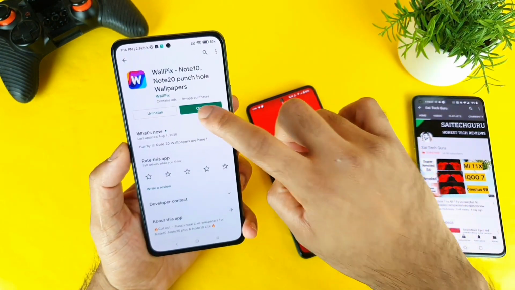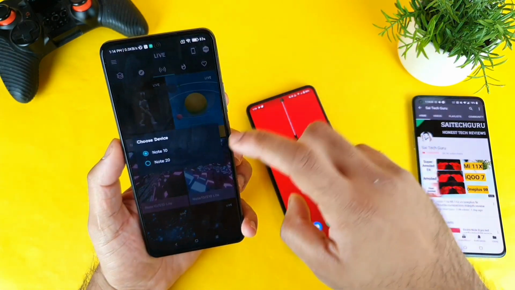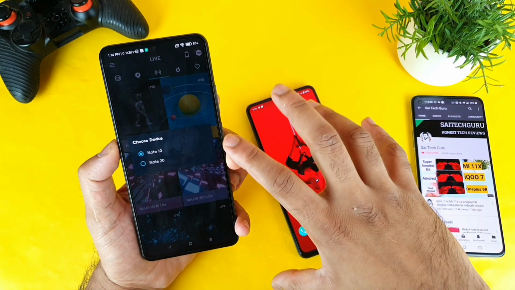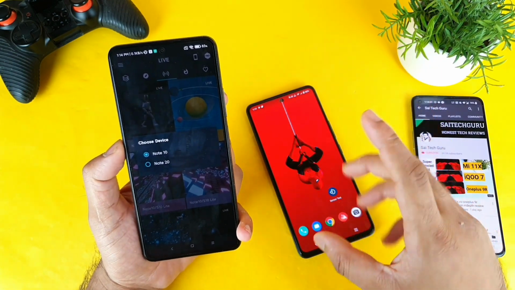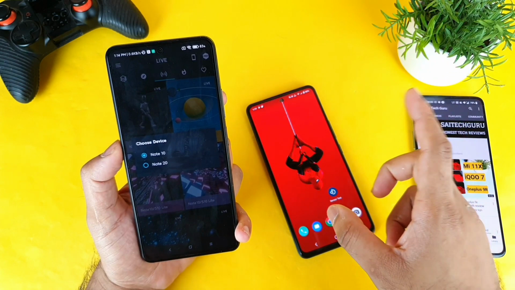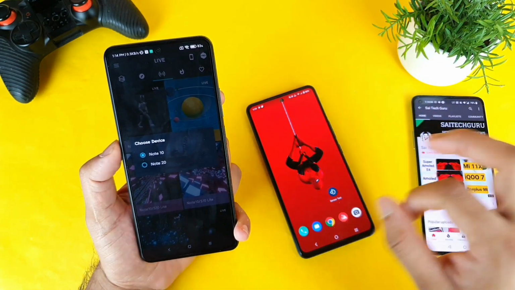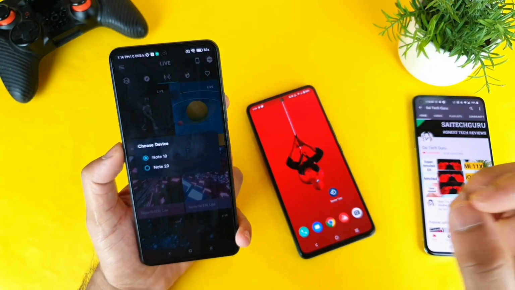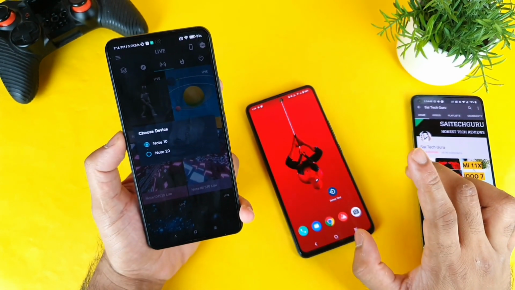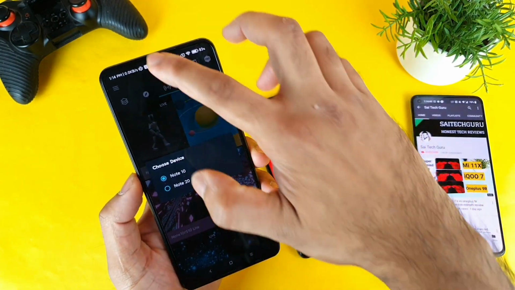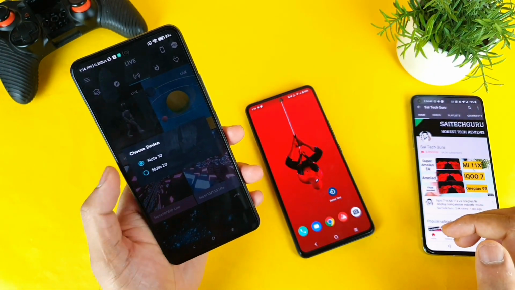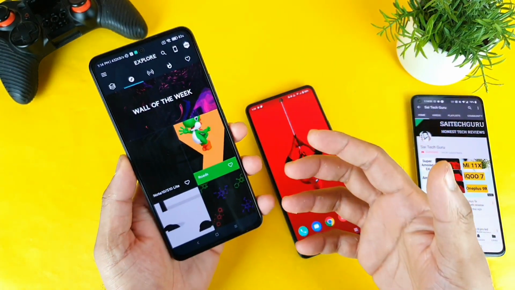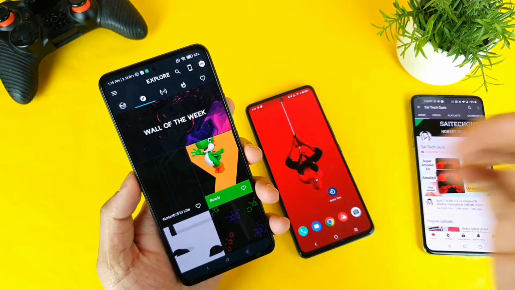Once you download the application, it will ask you to select two different devices, as you can see. The wallpapers are designed for the Samsung Galaxy Note 10 and Note 20, and both have middle punch holes. So whatever Android phone you are using, if it has a middle punch hole camera, then definitely you can use it for your mobile phone. But you need to check which device will be suitable for your punch hole. Some mobiles support the Note 20, some support the Note 10. So depending on your mobile, try to select different phone options.